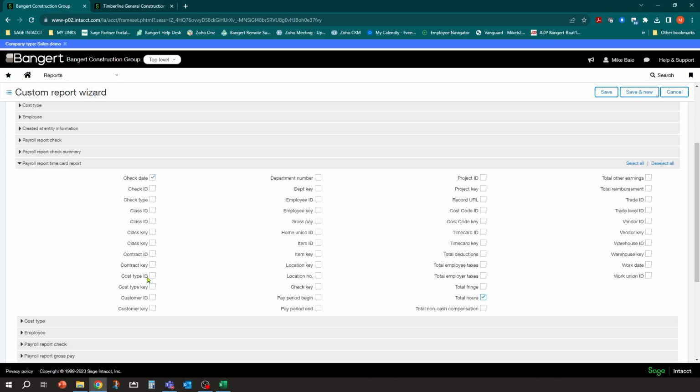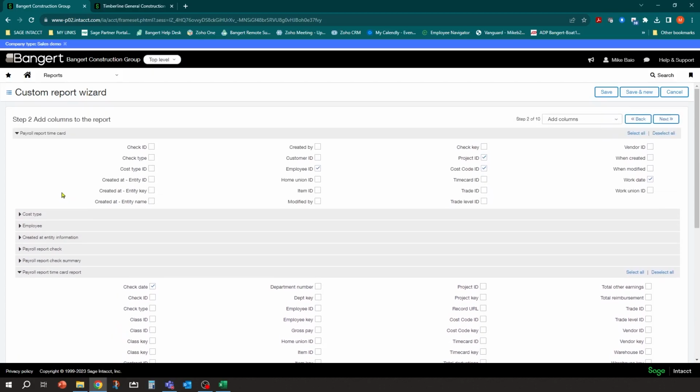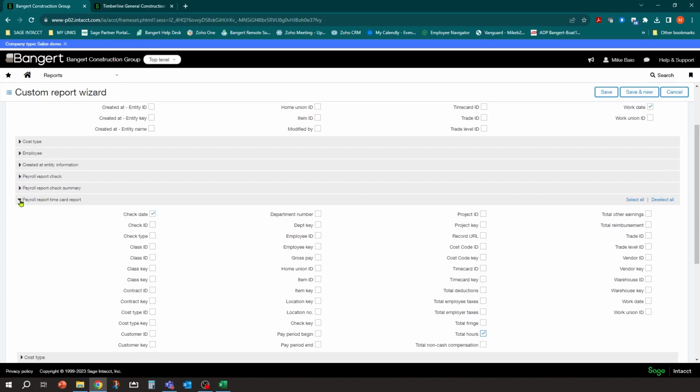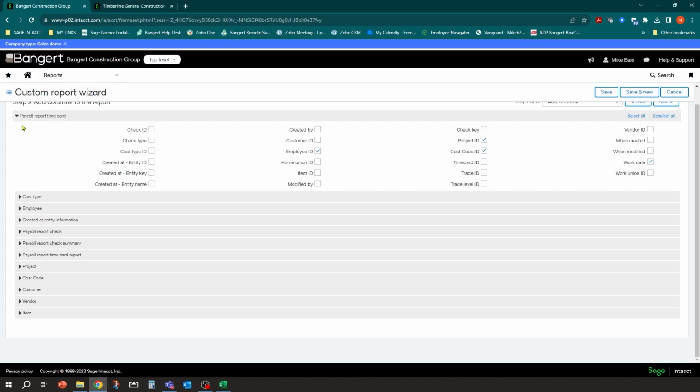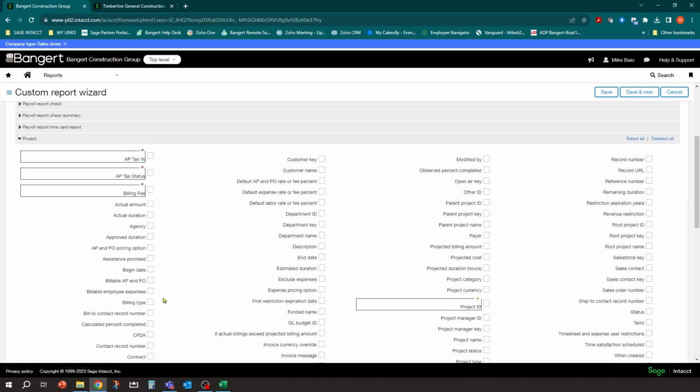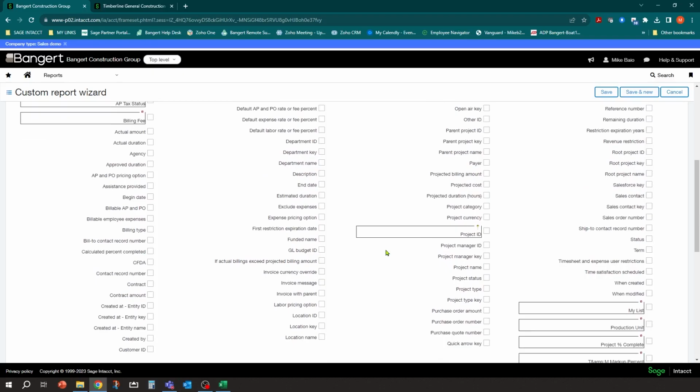And we might want cost type as well, but typically it's just going to be labor, so maybe we'll leave that off for now. Now, where you get to all of the names and descriptions is going to be down at the related dimensions. So what I like to do, because you can get lost in all of these open tables, is when I'm done with the table, I'll close it back up. I always leave the main one open, but as far as all these related tables, I'll close them back up. Now I want to get the project name. I got the project ID, but I want the project name. So I'm going to open up the project dimension. And now you have access to all the fields that are in that project setup screen. And one of them is the project name, which is right here.